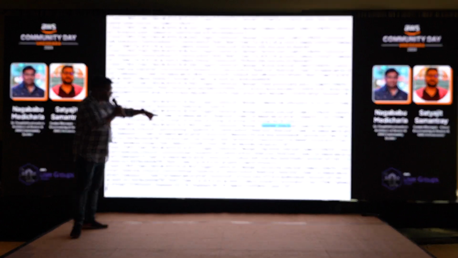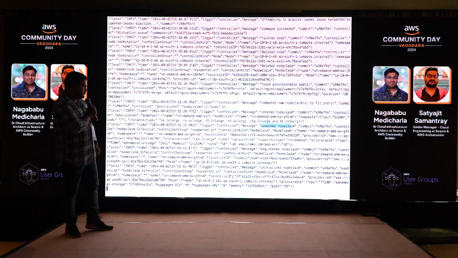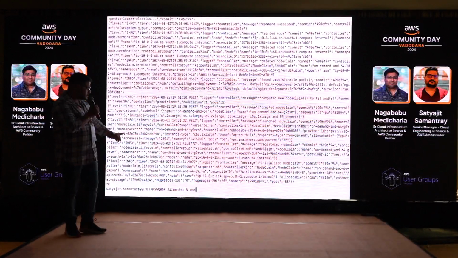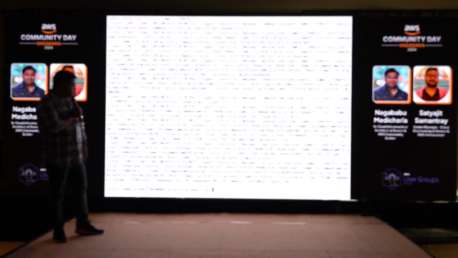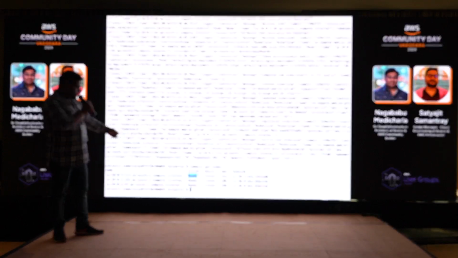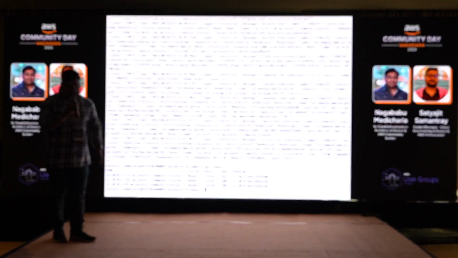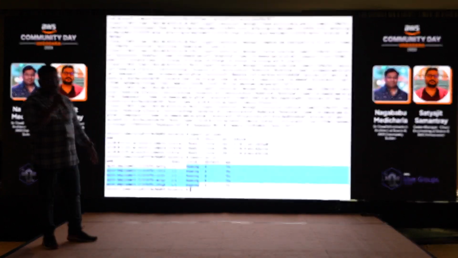Based on that, it created the instance type. If you see the pod status now, all the pods are in running state. The new node is ready, and all the pods are running. They were earlier in pending state.